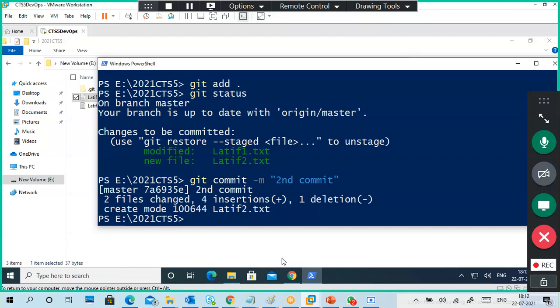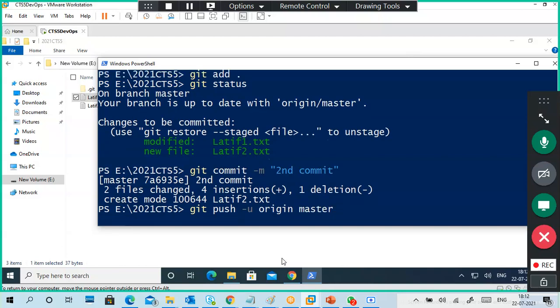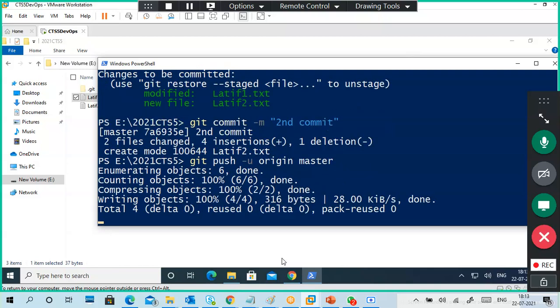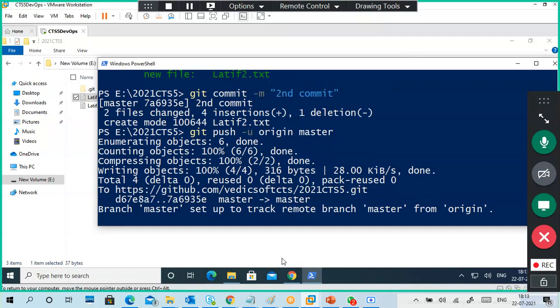Now I have to push to the central one. I have to push only, because the link information is already there. It is pushed. It won't ask for a username and password the second time. If you want it to ask every time, you have to change some parameters. Last time I did it like that, but I forgot how. It was three years back. So done, the new file is added.